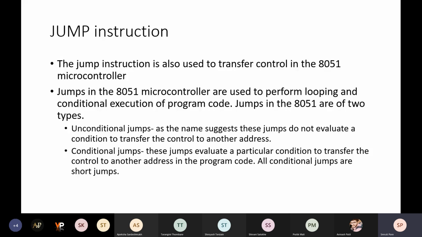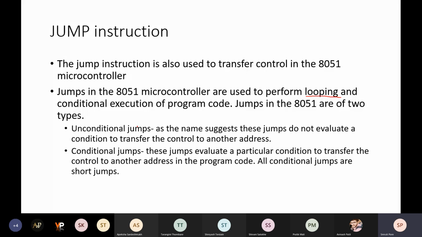Okay, so what is the speciality of the jump instruction? Jumps in the 8051 microcontroller are used to perform which operation? The operation of looping. Looping means repeated execution of some instructions. If for a small part you want to repeat it, then you can use that jump instruction.